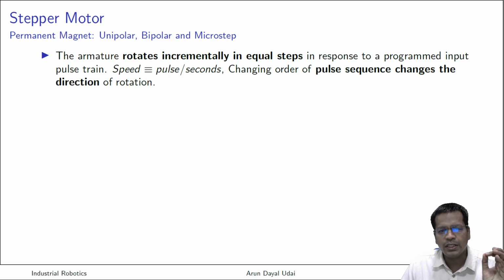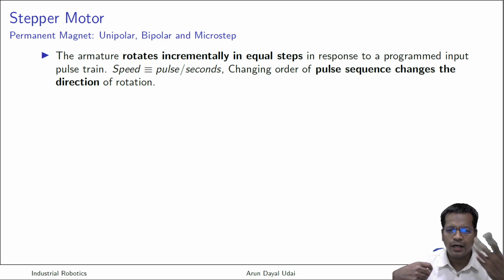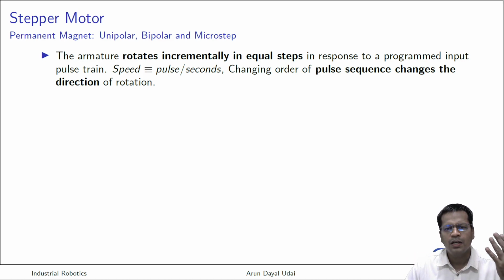They don't need a constant voltage at their terminals; rather, they need some sort of high and low pulses in different wires. Let us say it has 4 wires, all 4 of them will have different pulses of 0 to the maximum voltage required to drive this type of motor. So that type of pulses drives it.